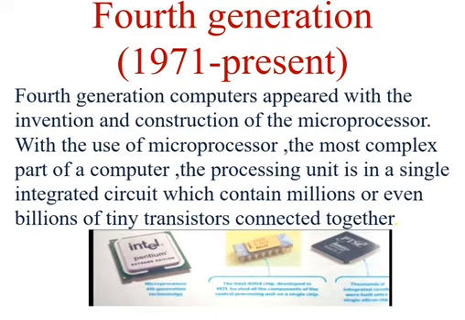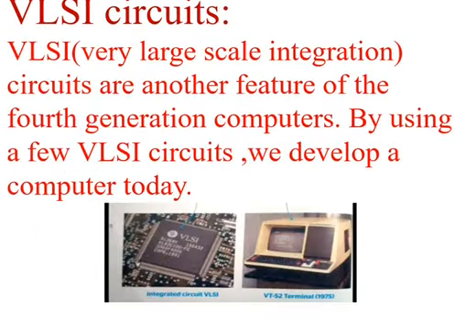It means that in last technologies, the components used in the central processing unit were on different chips, but in 4th generation technology all the components of the central processing unit are on a single chip. And in the third one you can see thousands of integrated circuits were built onto a single silicon chip. Now students, we will discuss VLSI circuits.